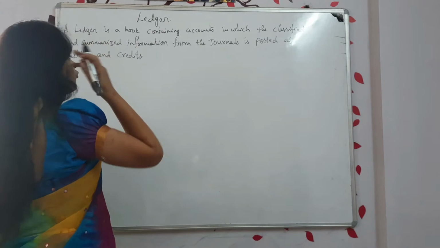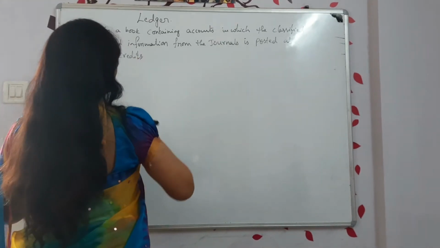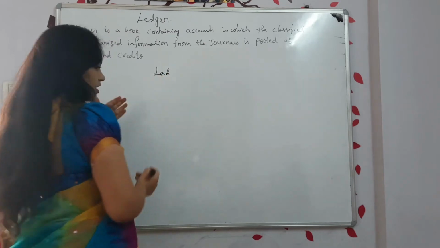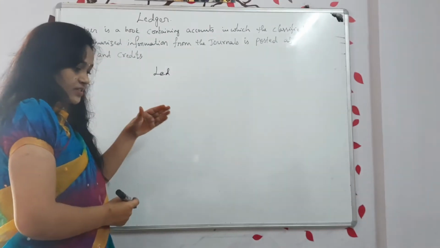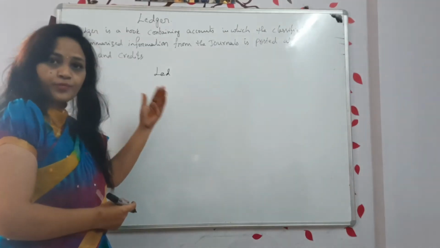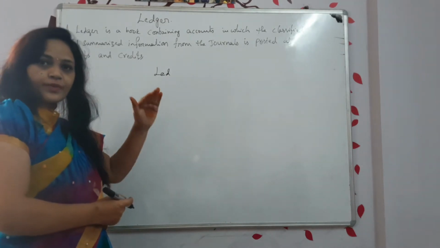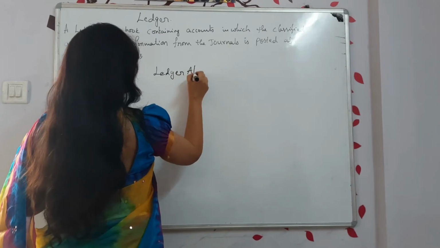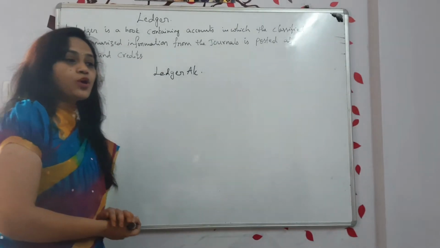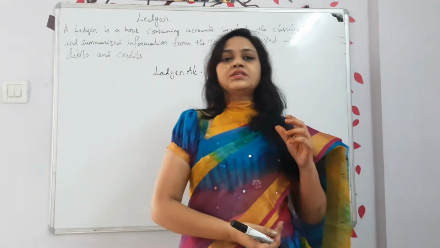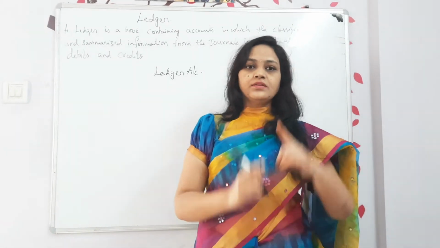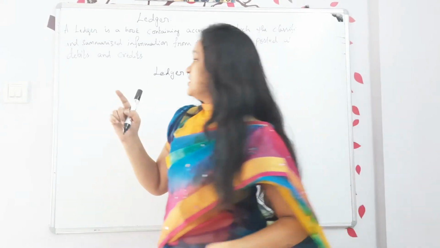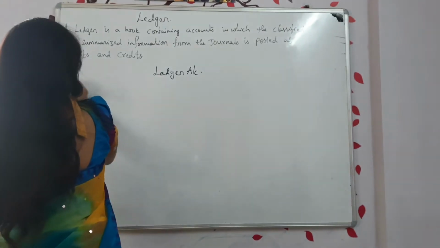Let us see what the format of a ledger is. Whose account you are preparing, that we will write. It may be cash account, sales account, X account, Munna account, Munni account, commission account, or capital account. Whichever ledger you are preparing, that you write. We call ledgers T-shaped accounts. T. What is the symbol? How does it look? T. Got it? T-shaped accounts. So how should the T look?